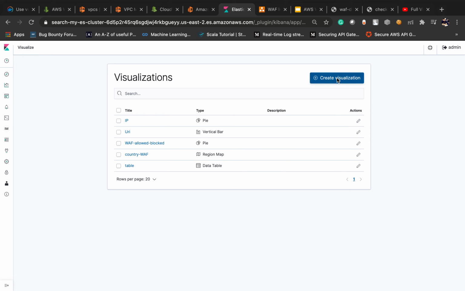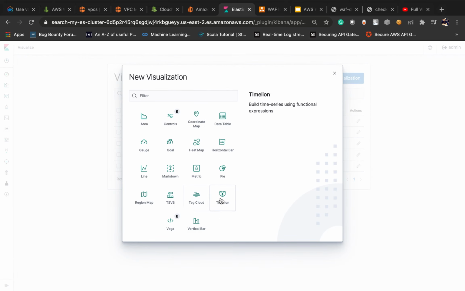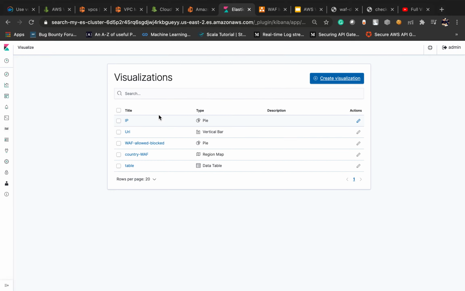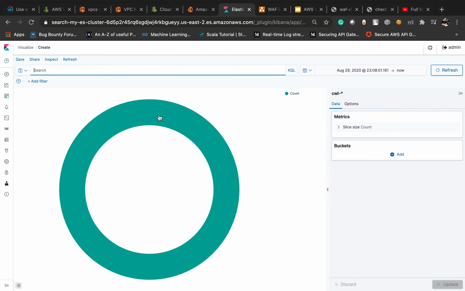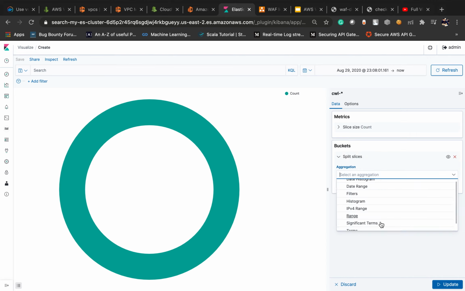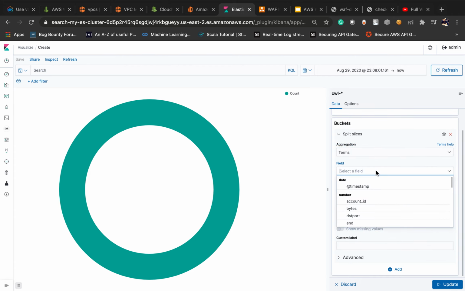Here create a visualization for a pie chart. Click on CWL. Now here click on split slices. Here we need to choose terms. After this, based on your requirement, choose what you need. First I am taking response code.